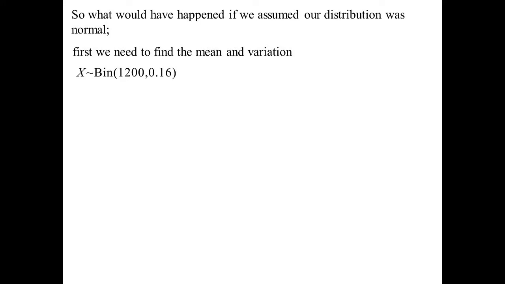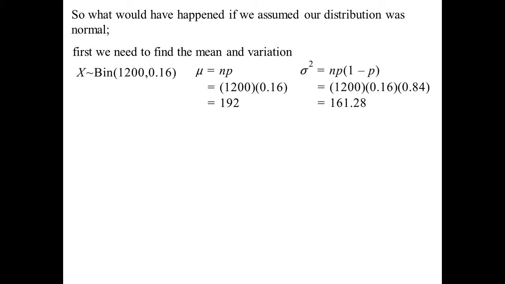If we assume it is actually a normal distribution then, we're going to need to know the 2 pieces of information we like for a normal distribution, which is the mean and the variance. So let's work it out. We're saying, remember, it's binomially distributed, 1,200 in total, probability 0.16. The mean would be n times p for a binomial distribution. So we know the mean is 192. The variance, np(1 minus p), that's 161.28. I'm going to propose we can approximate it with this normal distribution, with the average being 192 and the variance being